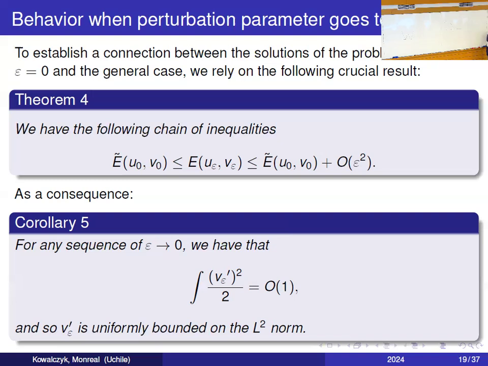So given that the main difference of this is an estimate on epsilon squared, we're going to get a uniform estimate for the family on this derivative. Okay, so that will be enough because we have an L infinity estimate for v, and now this will give us L2 loc or H1 loc, and we can go with usual compactness arguments then. So let's see the proof of this estimate.